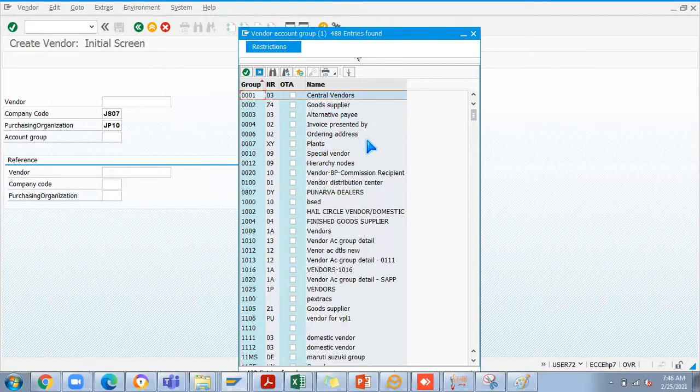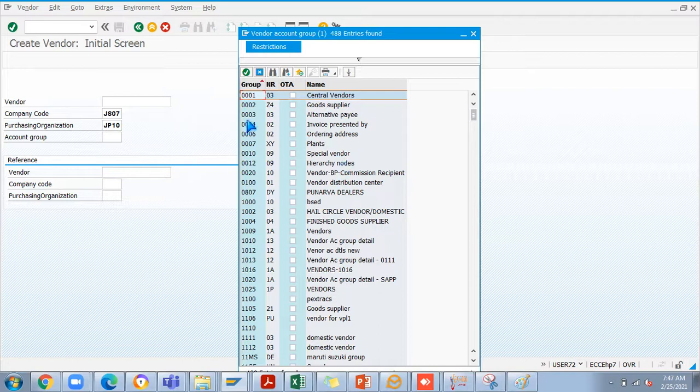Each vendor has their own responsibility in some business scenario. One vendor only supplies the goods, another vendor takes care of presenting the invoice, because their headquarters will be located in some place. They have other subsidiary companies who can supply the goods. Finally the invoice is presented to the headquarters, so the payment will go to the headquarters, not the subsidiary.